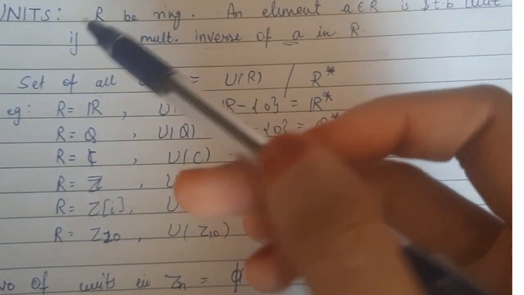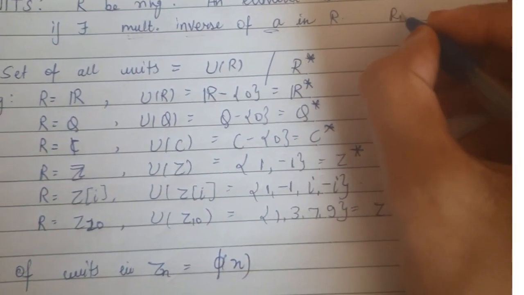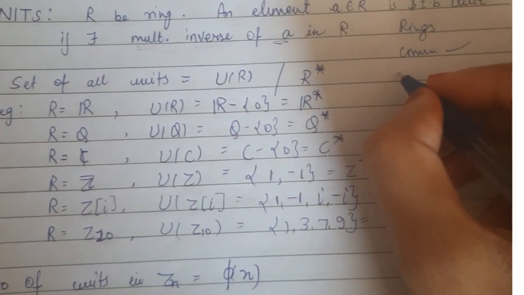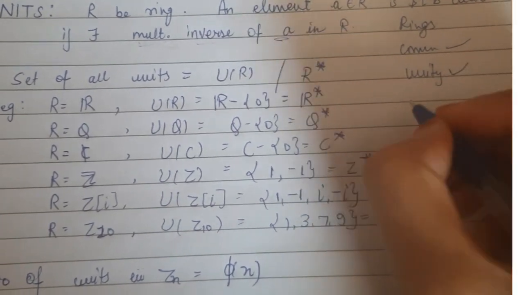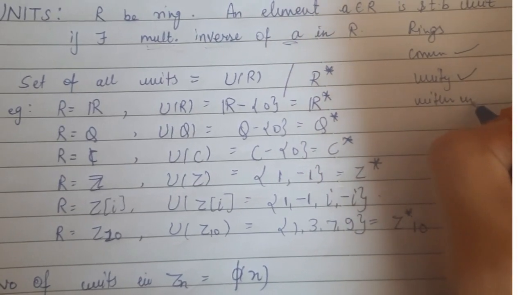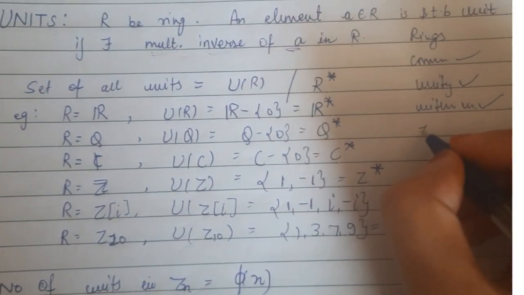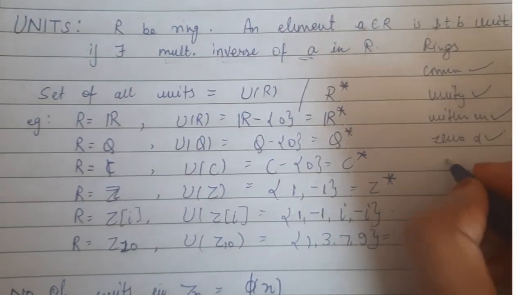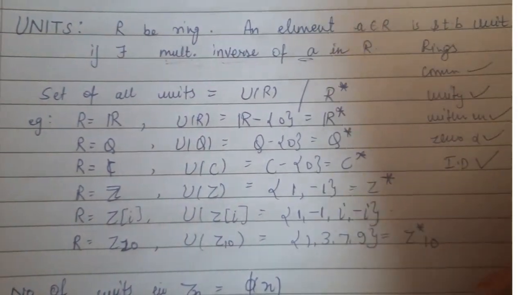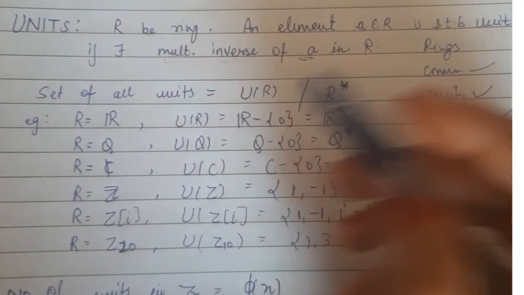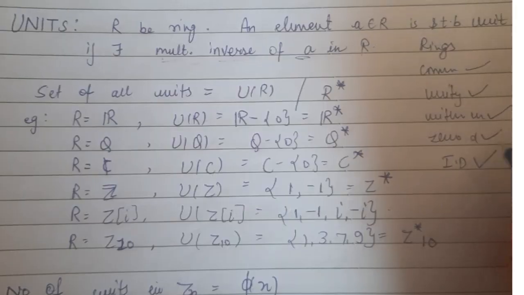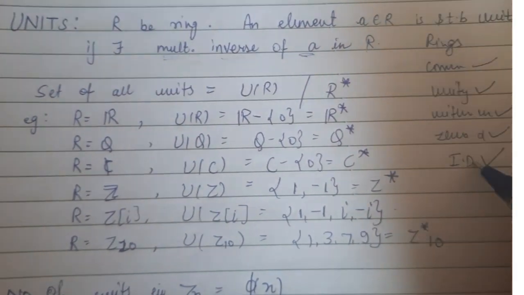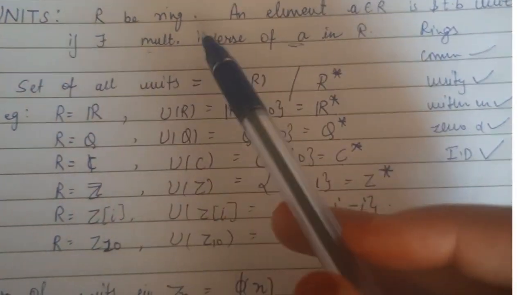Okay, so till now we have studied what rings are. Then we talked about commutative rings, then commutative rings with unity, and without unity. After that, we led up to the definition of zero divisors. Then the commutative ring with unity which has no zero divisors is called an integral domain. After these topics, we are reading up to the units, and once we have the property of units also, then that ring will be called a field. So that is why we are studying these things in this particular order. Okay, so what are units? We are clear about that.